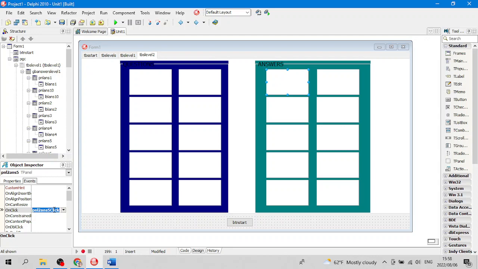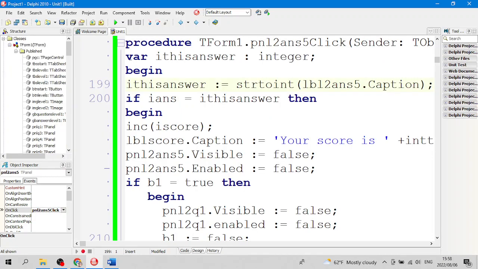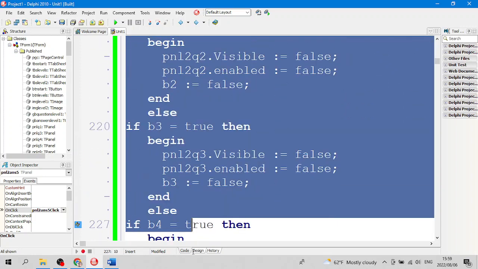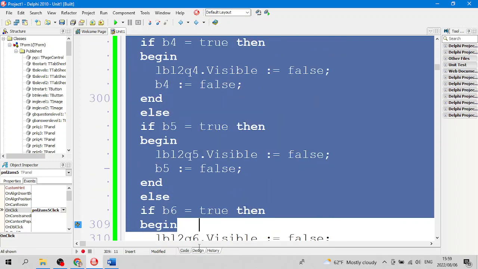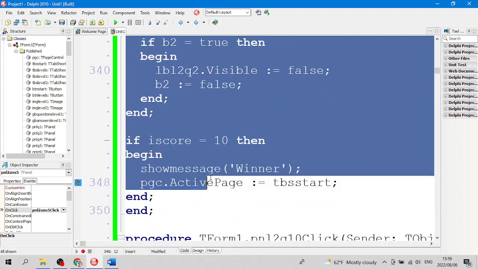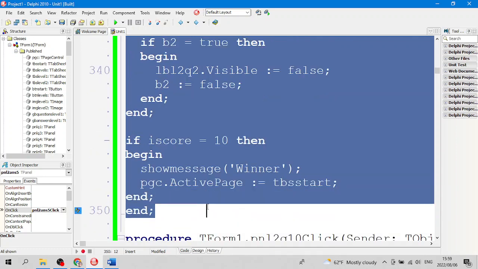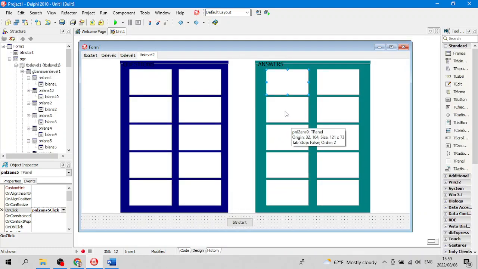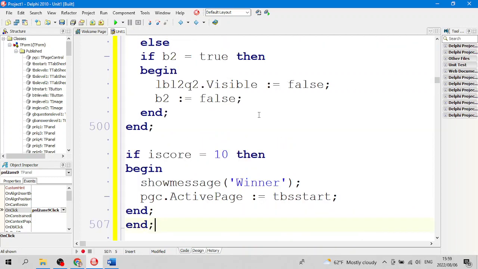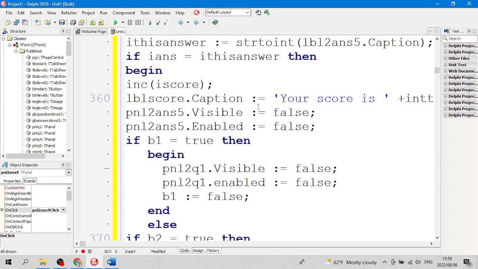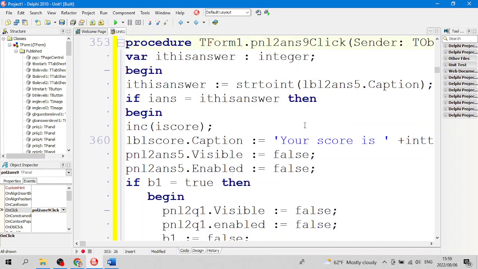Now, we're going to copy and paste this on-click event into that first button, into all the other ones. But we have to make sure to do exactly as done here, otherwise the code won't work as it did in previous things. We double click the next one. This is PNL2 answer 9. Answer number 9. Answer 9 with a 2 and a 9. Put a 9 there. All we have to do is replace the numbers that we have already,